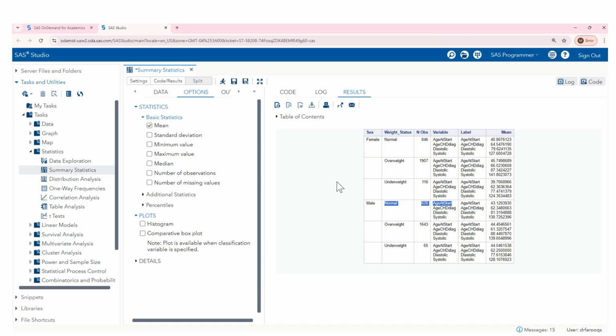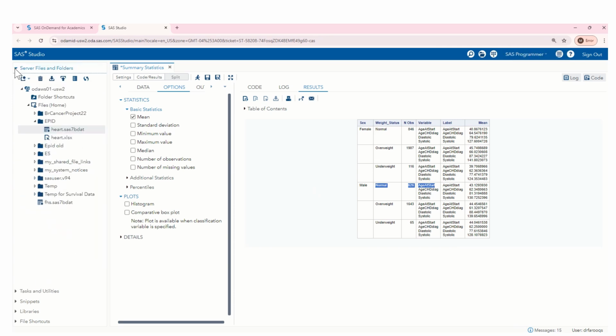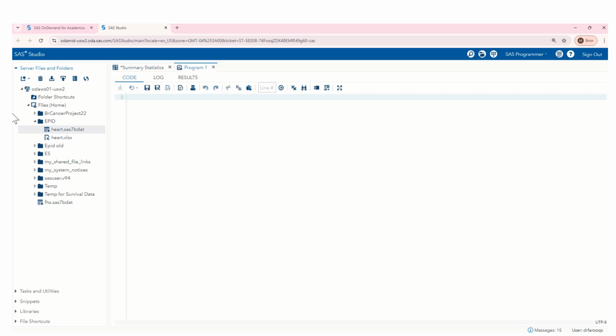But we can do it by writing the code also. So let's do it. You can go back and open a new program. In fact, you can also do it by a shortcut that is F4. By clicking on F4, it will also open up a new program window. And you can now write